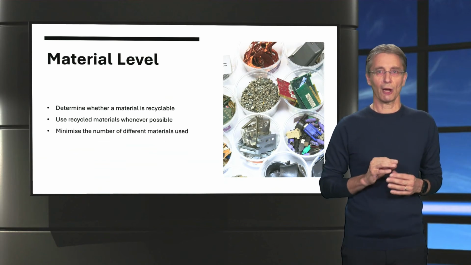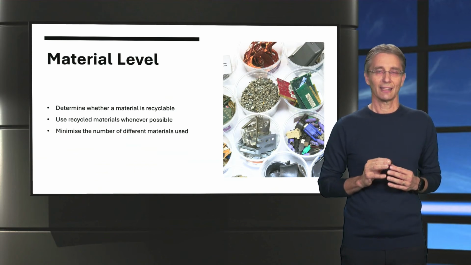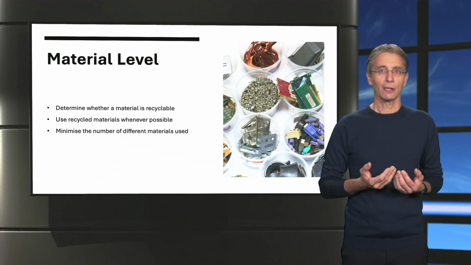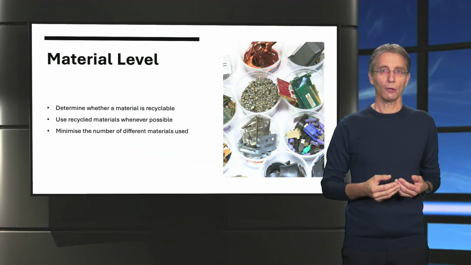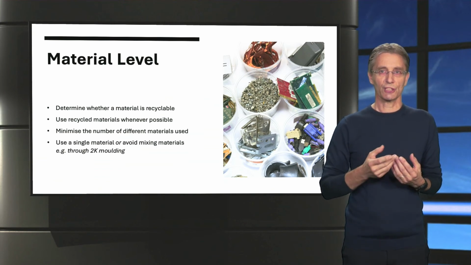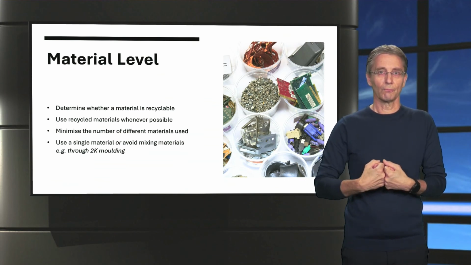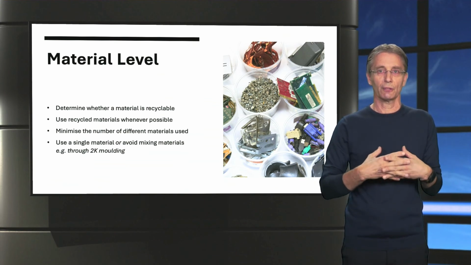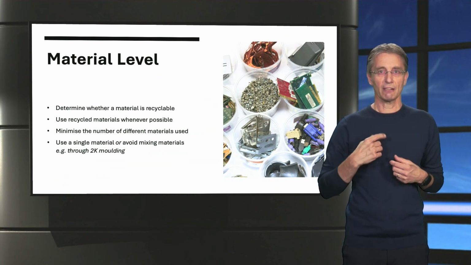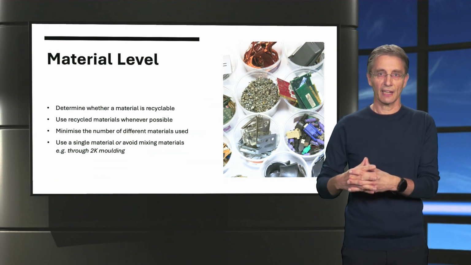Reducing the number of different kinds of materials that are used in your product will generally make it easier to recycle. Yet, in complex products such as electronics, this can be a challenge. Therefore, try to apply this principle also at the level of separate assemblies and subassemblies. Either try to use a single material or avoid mixing of materials as much as possible. Do not, for example, combine two different materials through 2K molding. This makes it very difficult to separate them, which will either result in one of the materials polluting the other recycled stream, or both materials ending up as waste.